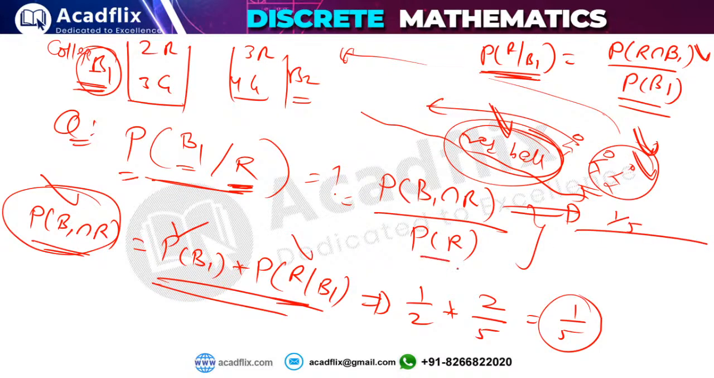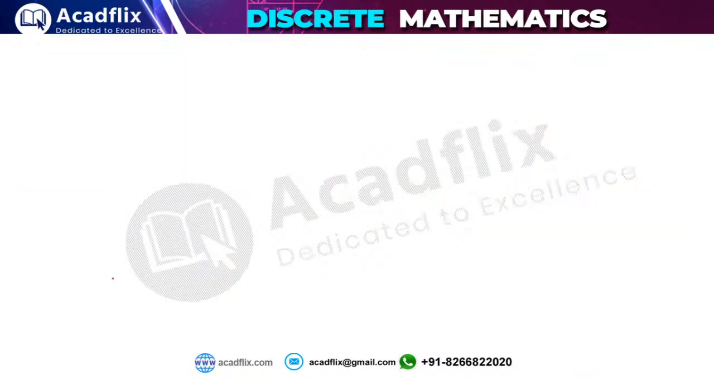Divided by probability of R, this we have already found in the first question. I think this was 29 divided by 70. So this is your answer. This is how you can find the probability of B1 given R. Okay, don't worry, we will take more examples. Nothing to worry about. Let's take the next question. Let's assume